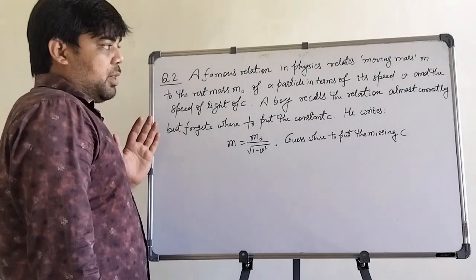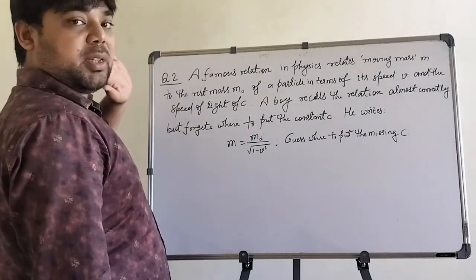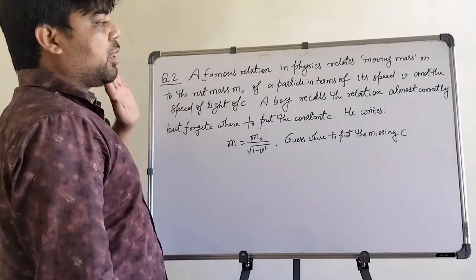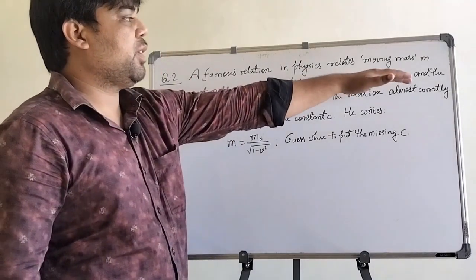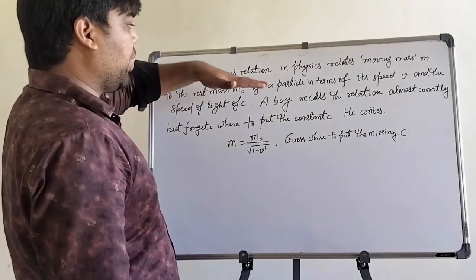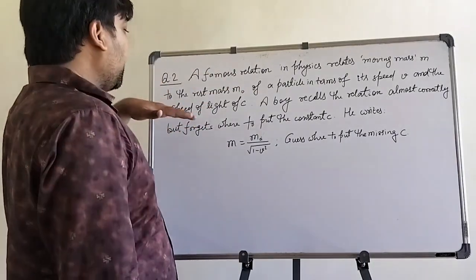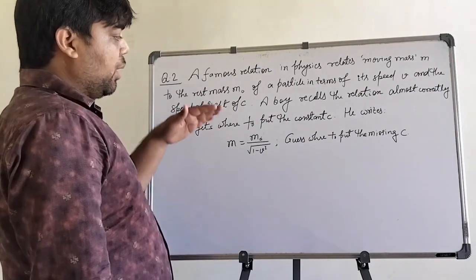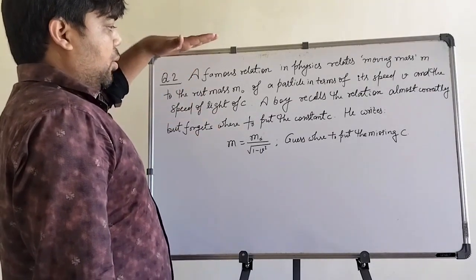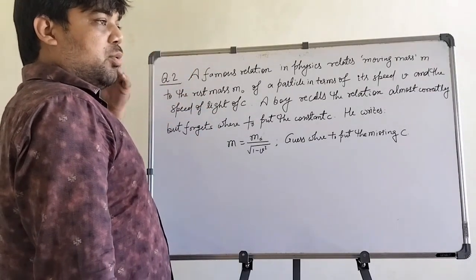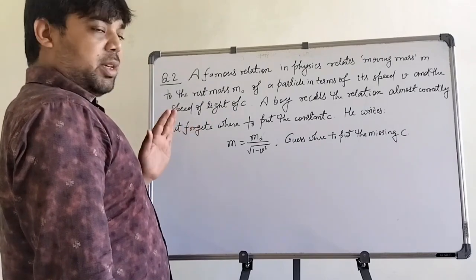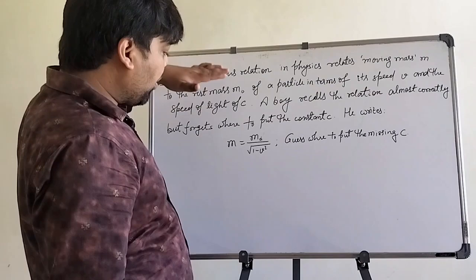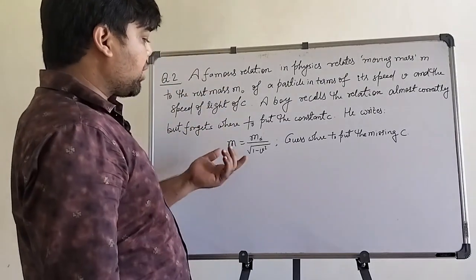अब the problem ये कह रहा है कि एक फेमस रिलेशन है जो कि मूविंग मास m को रेस्ट मास m नॉट से रिलेट करता है, और जिसमें v जो पार्टिकल का स्पीड है और c जो है वो स्पीड ऑफ लाइट है। तो एक लड़का है जो इस रिलेशन को रिकॉल करता है, he is trying to write it, but the problem is that he misses some of the terms